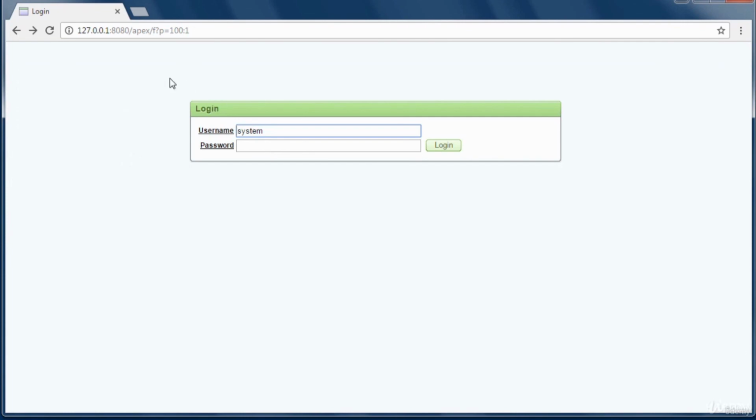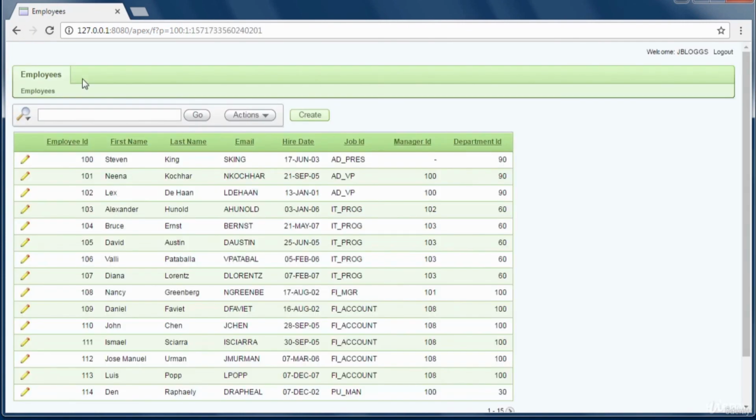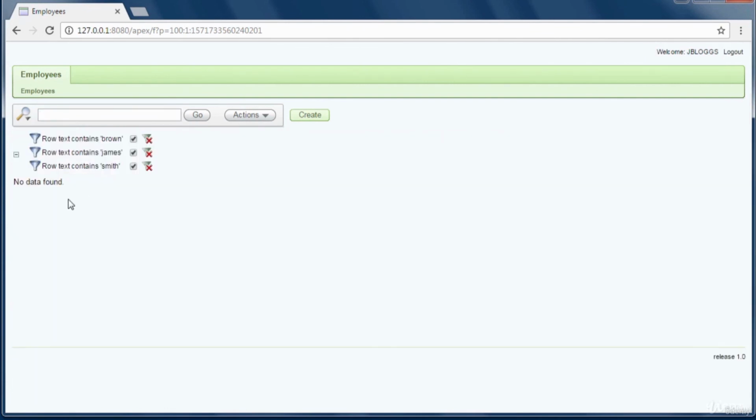Oops, I have logged into come back. Okay, let's search for the surname Brown. Click on go. No data found. Okay, we have found Smith. We did a search for Smith earlier. Okay, let's go back